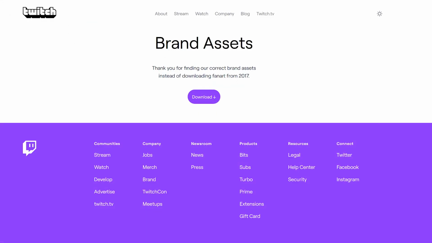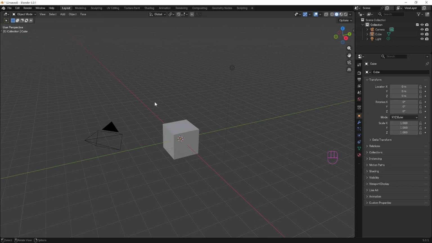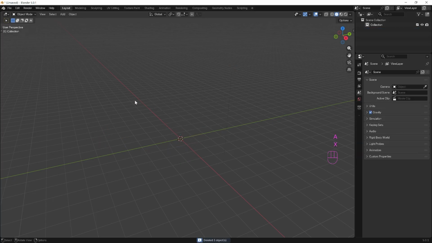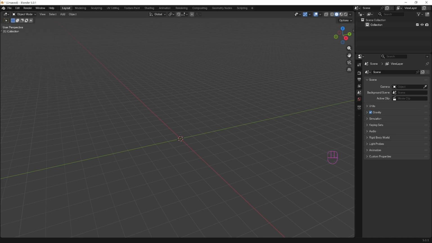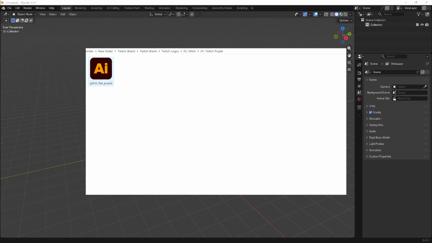Download the Twitch logo from the link in the description below and unzip the files. Let's open up a new blend file. Then press A to select all and X to delete. Go to File, Import, and select Scalable Vector Graphic. Navigate to the folder you just downloaded and find the 0.2 glitch folder.